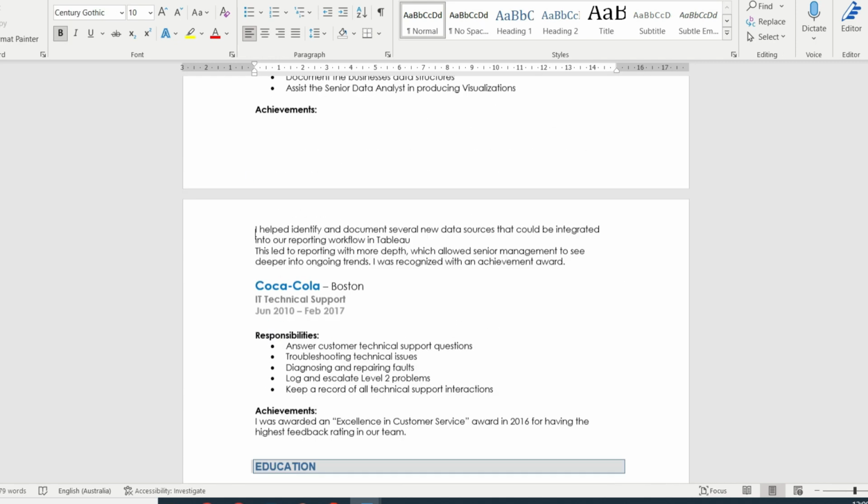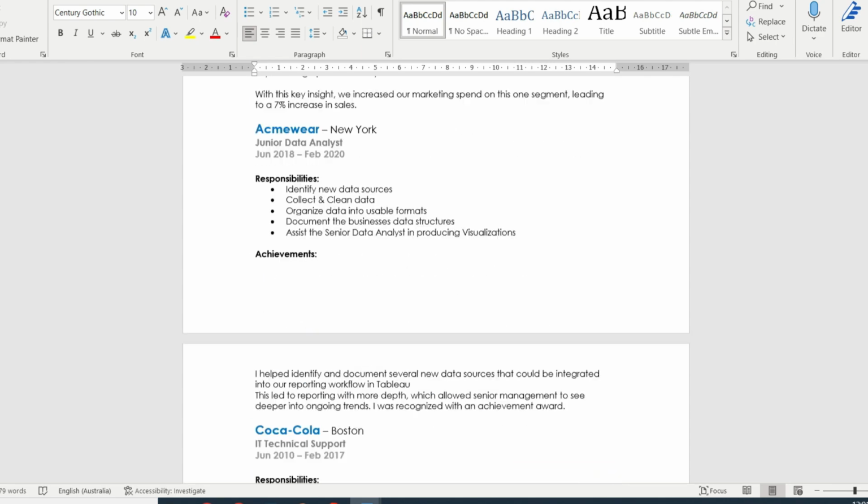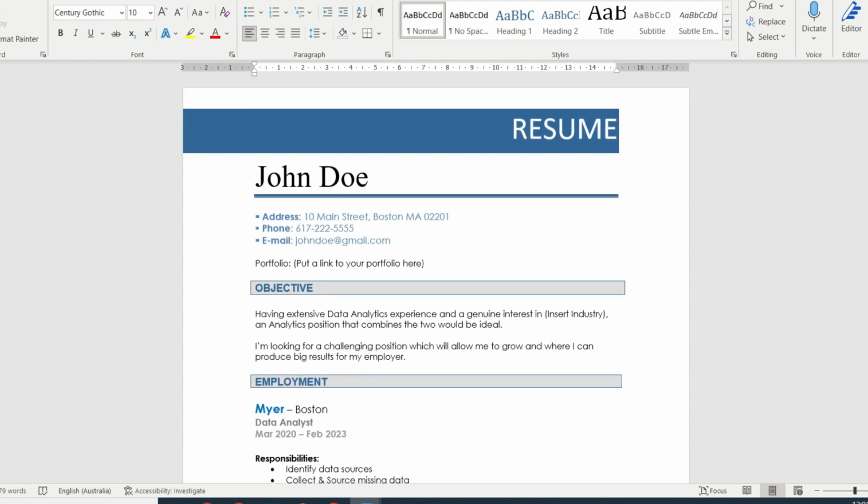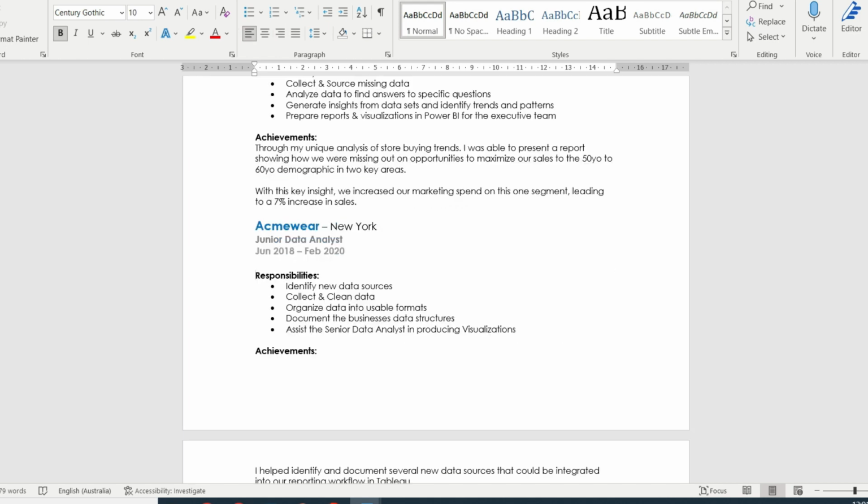It's short. You can see it's only 2 pages. You don't want a long resume. People won't read long resumes, and it also shows that you're not good at summarizing, which is very bad for a data analyst. So yeah, I have an objective here. It's a very short objective. You should change it for your own circumstances. I find this wording works really well, so you can play around with it, but I would keep that format in general. So you've got all the experience there. Make sure you put your achievements. You need to put your achievements in. It's not enough just to have the responsibilities, you need your achievements as well.